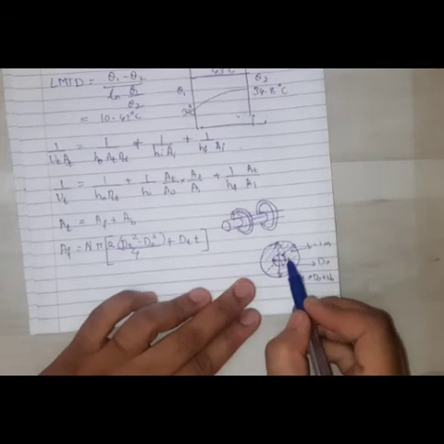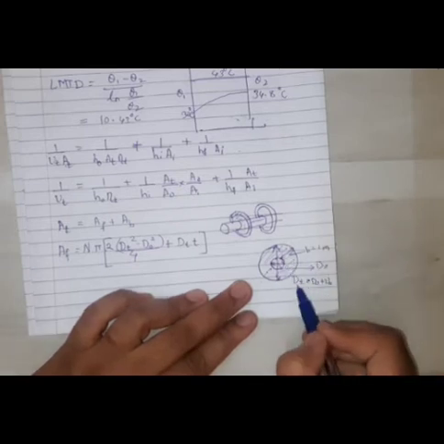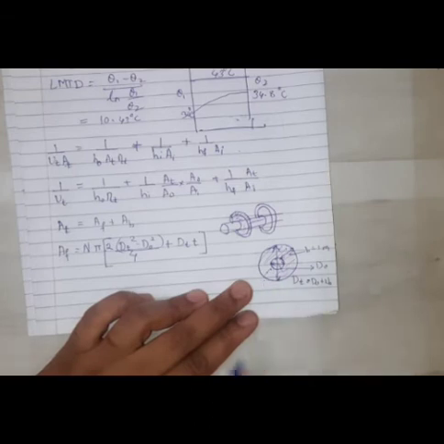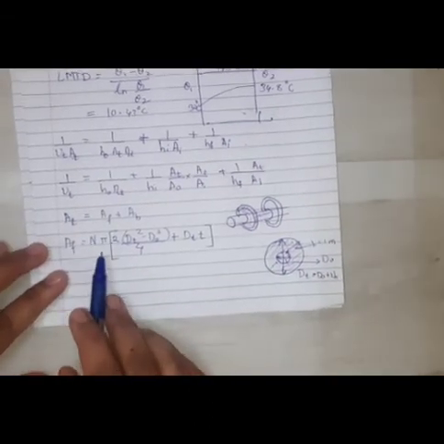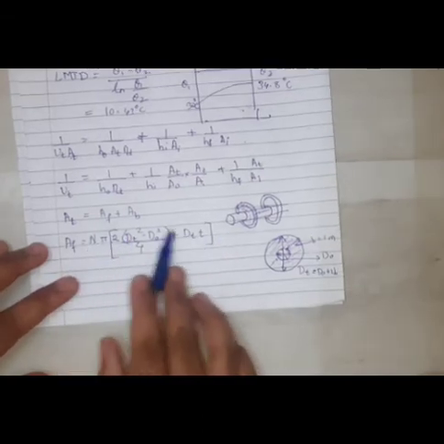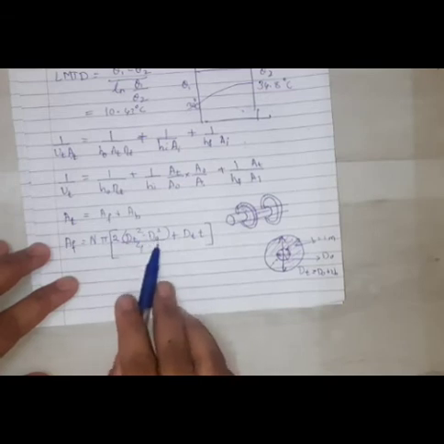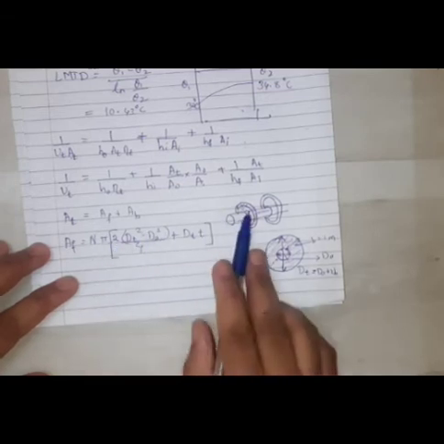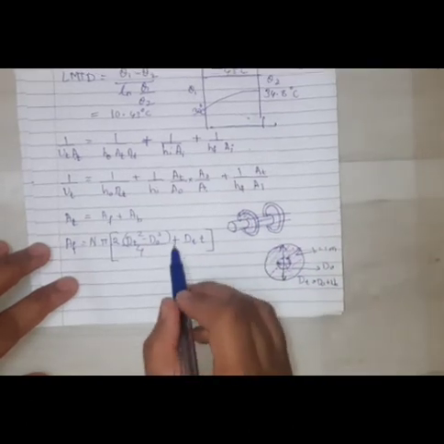Total diameter square minus inner diameter square, into pi divided by 4. So total diameter is equal to DO minus 2B, that means adding on this outside as well as on this side. So we can write the fin area is equal to number of fins per meter multiplied by pi. I have taken the pi on the outside, then dt square minus do square by 4, times 2, one for this side and one for the other side, plus the circumferential area.